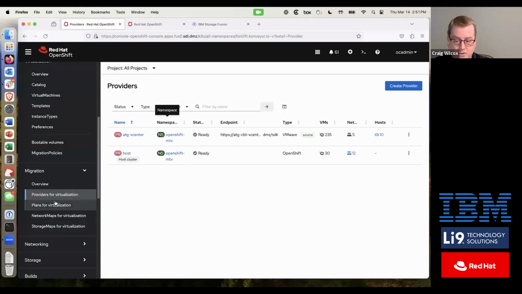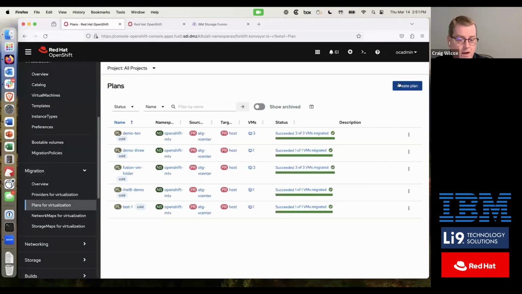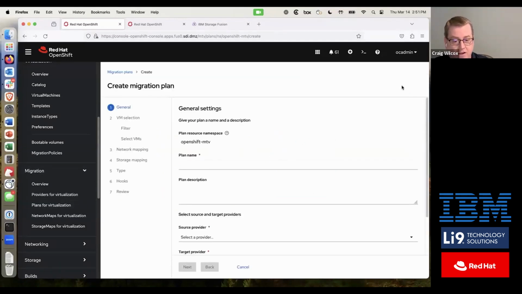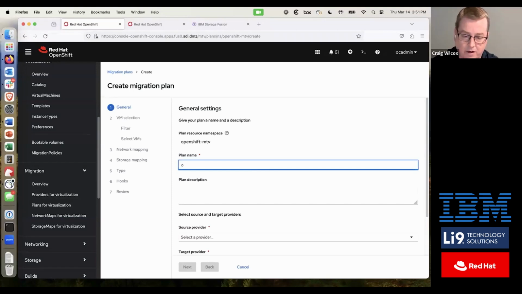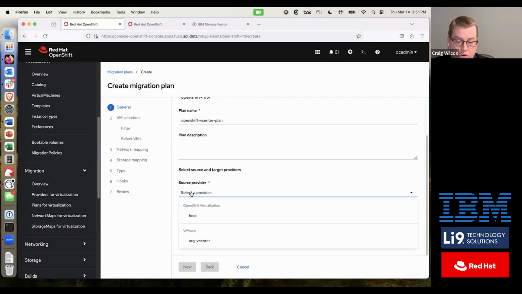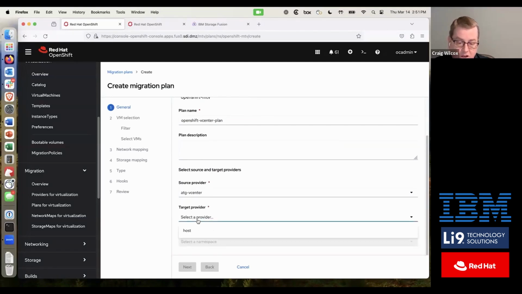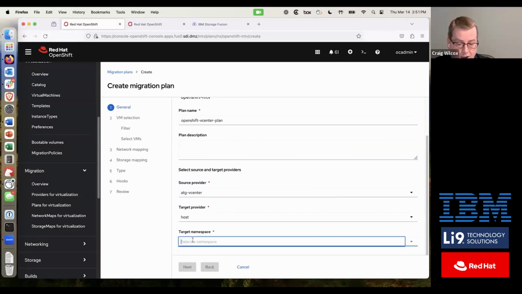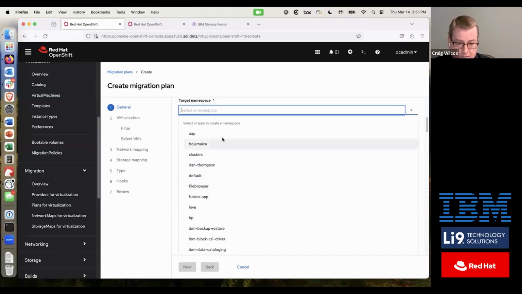Okay. So once those are done, you create a plan, and there are a few existing plans from previous migrations that have been done in this system. For the plan name for our demo today, we'll just type in a unique name. For source provider, we're going to pull virtual machines from the VMware cluster. And for target provider, we're going to migrate them to ourself, or the host, and then the namespace is